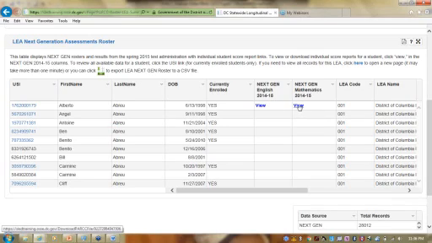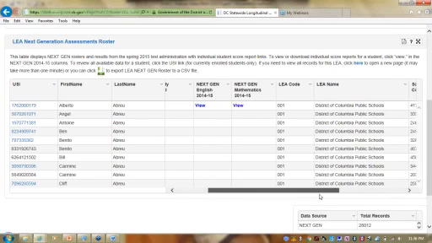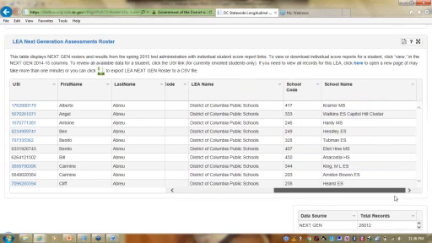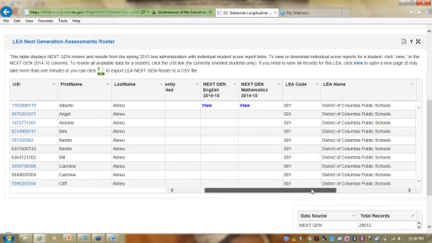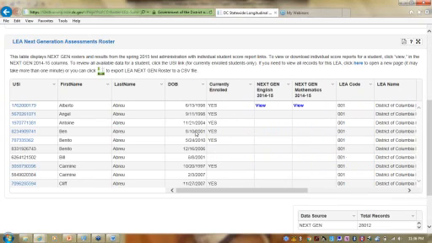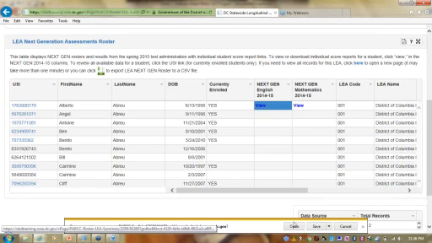view and download those. I could scroll over and just see other information about the particular school name where the student attended under the LEA. And if the student is not currently enrolled at my LEA, I would not be able to view their student level PDF report. So I'm going to click on this first report that's available here just to show you a sample report and